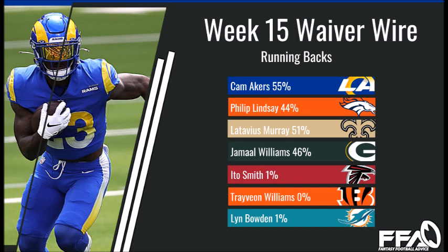Philip Lindsay, as we know, is well versed in the receiving game, which should give him a pretty solid floor in this matchup, a matchup that should already be top 10 based on what the Buffalo Bills have been allowing on the season. The next running back we have is Latavius Murray of the New Orleans Saints, currently owned in